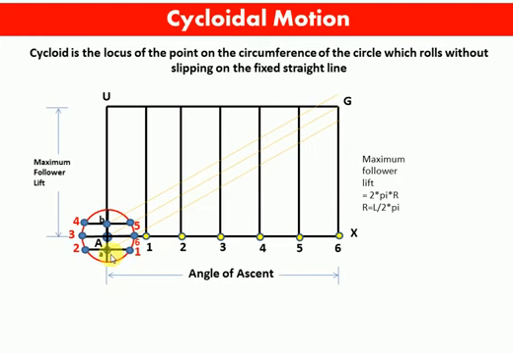This point small a, which is the center of points 1 and 2 which are on this circumference, meets the vertical lines 1 and 2 at points B and C. That means the line from point small a, which is parallel to capital AG line, meets these vertical lines of the angle of ascent at points B and C. In the same way, this line AG, which is from the center of points 3 and 6, meets the vertical lines 3 and 6 at D and G.